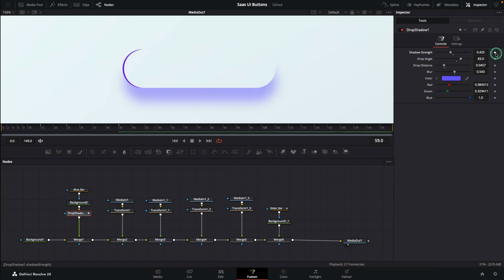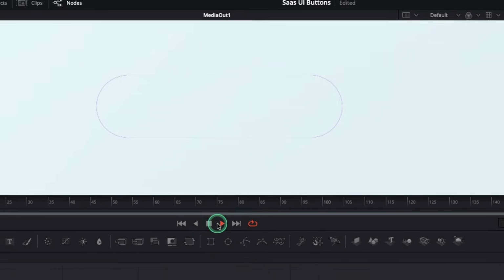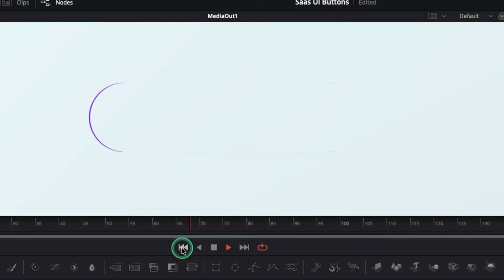15 frames later, set the shadow strength back to 0. Open the spline editor and smooth the shadow strength as well. Let's take a look. So far so good, but at this point, the design is kind of begging for some